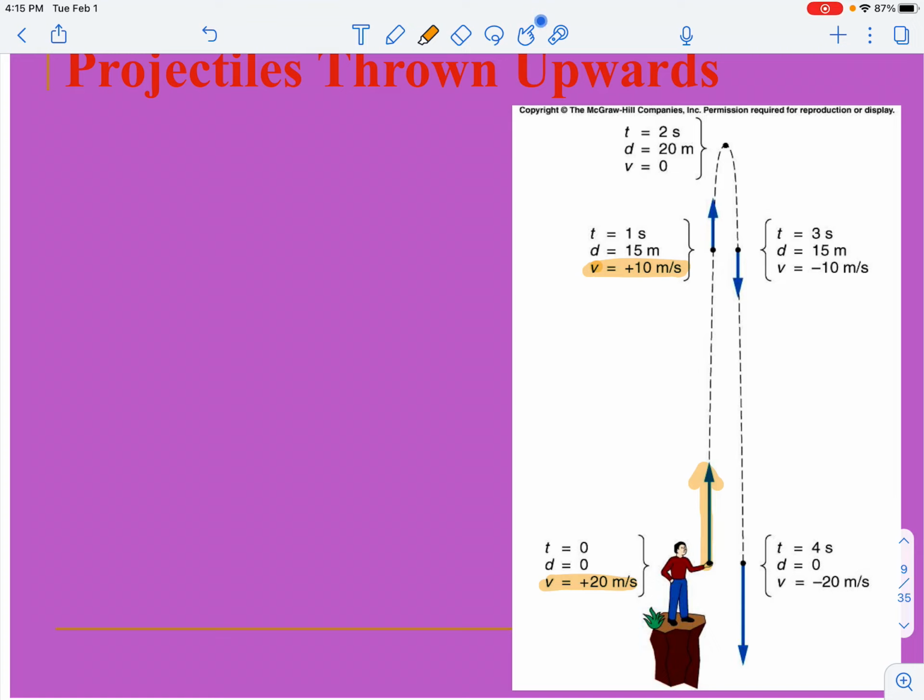So these are 1 second intervals in our drawing. They are showing us where the object is located every second. So at 0 seconds, at the moment that the boy is getting ready to throw the ball, it does not have any time on the clock, but we throw it up with a velocity of 20 meters per second. Now the clock starts. 1 second later,